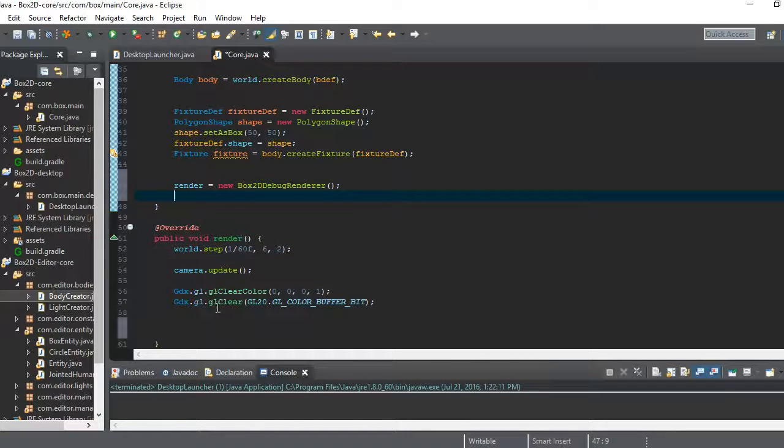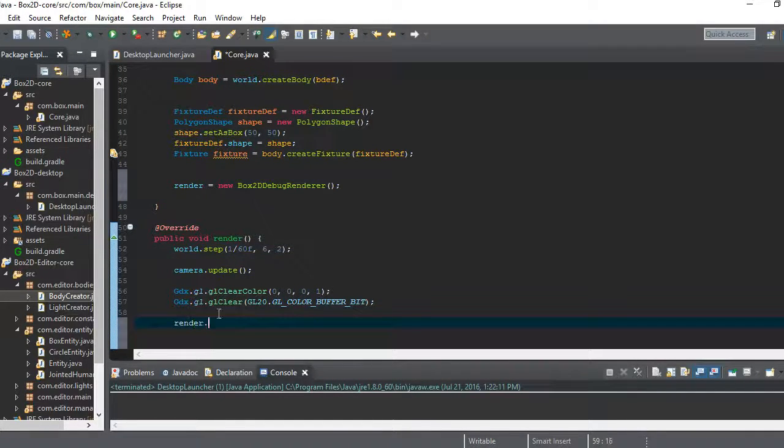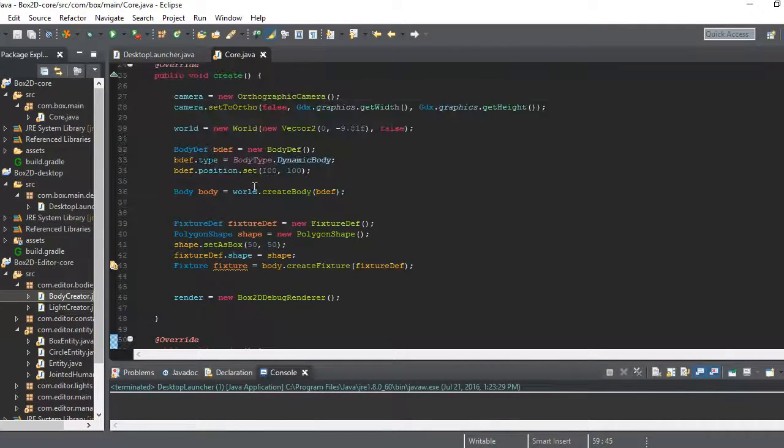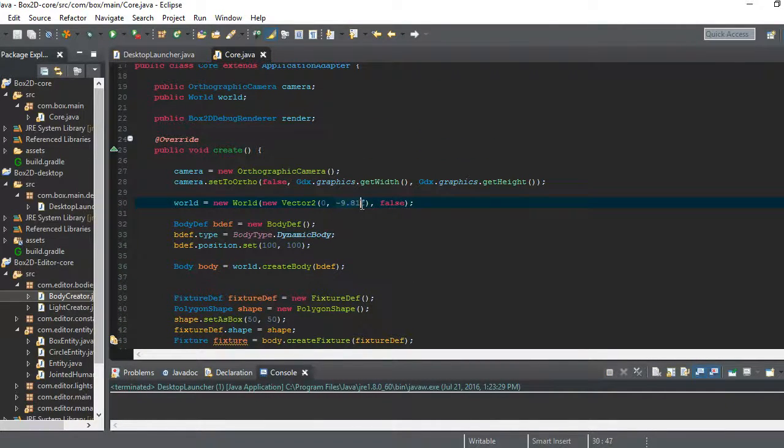Okay, so we need to render our debug render, and we give it our world, and we take our camera and set the combined matrix, so camera.combined. And when we render this, we have our box, and you can see it's falling very slowly. Now this is a concept that's kind of hard to grasp here, but we're falling at negative 9.81 F, and